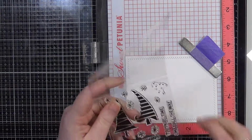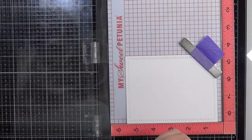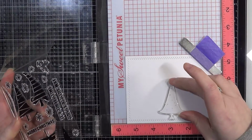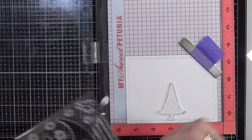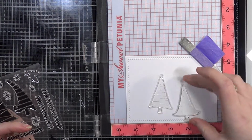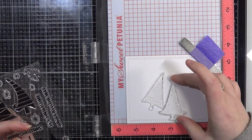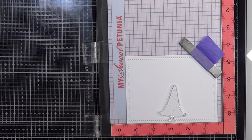So we're going to start off with a piece of white cardstock that I have gone ahead and die cut down with an Avery Elle frame. It's actually called Finished Frames, but unfortunately, I don't know if they discontinued this die set, and I could not find it online to link it for you. So I apologize for that. But we're going to use all 5 of the trees in this stamp set, and we're going to do